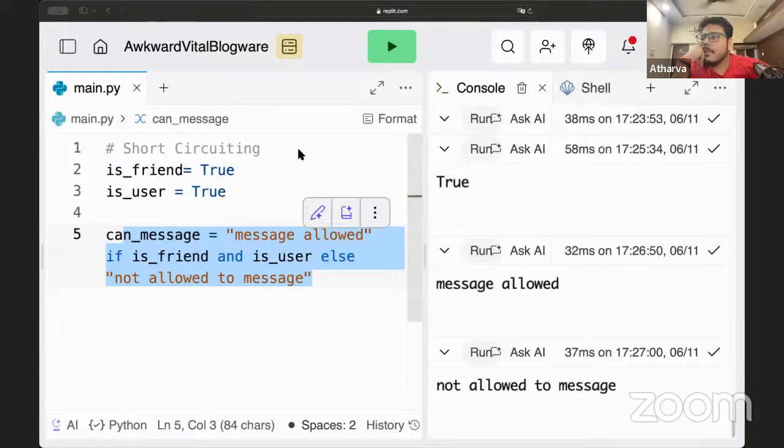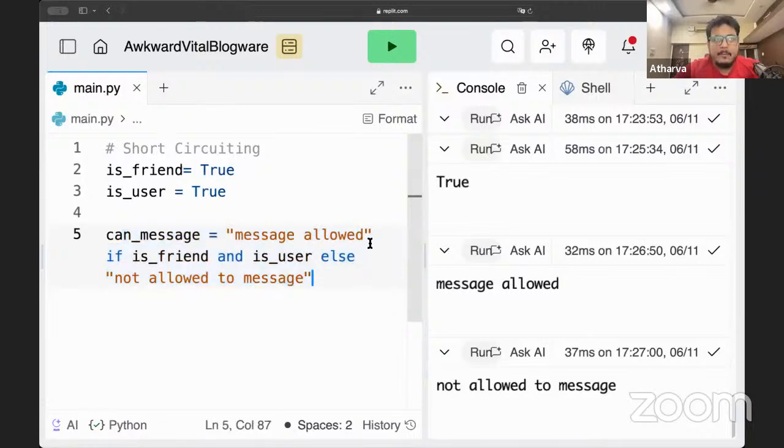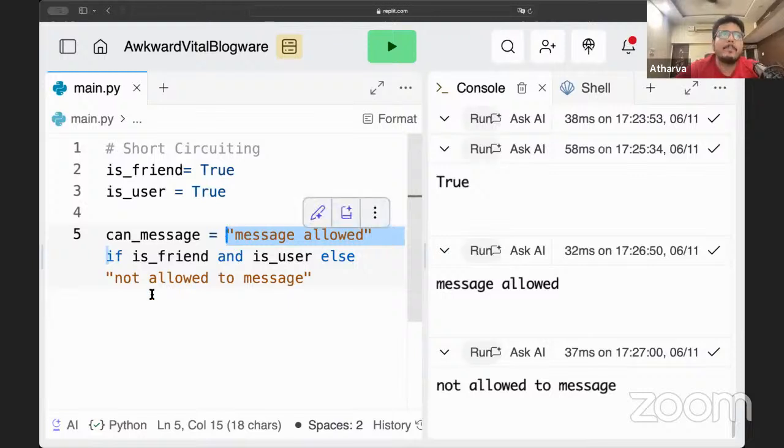True, input available, message allowed. Mm, you didn't understand. I explained the short circuiting concept. If the first part of your if statement is true, then this is stored in can message, right?